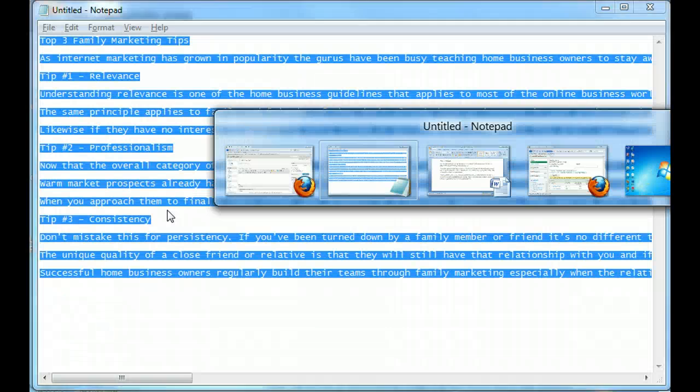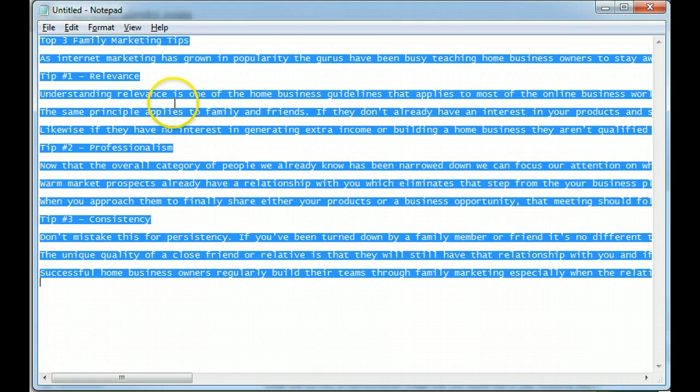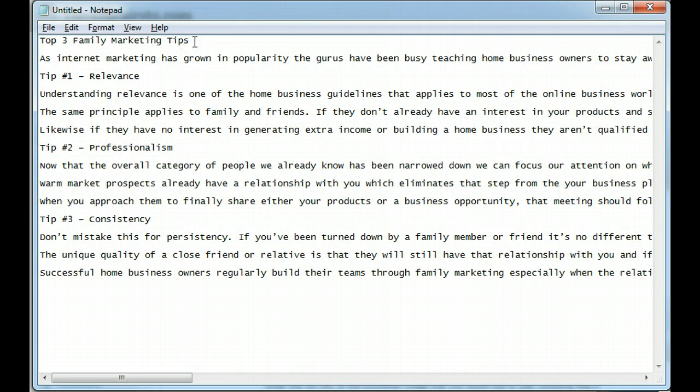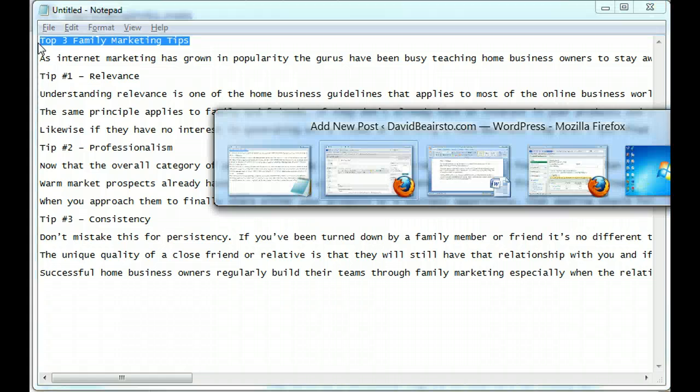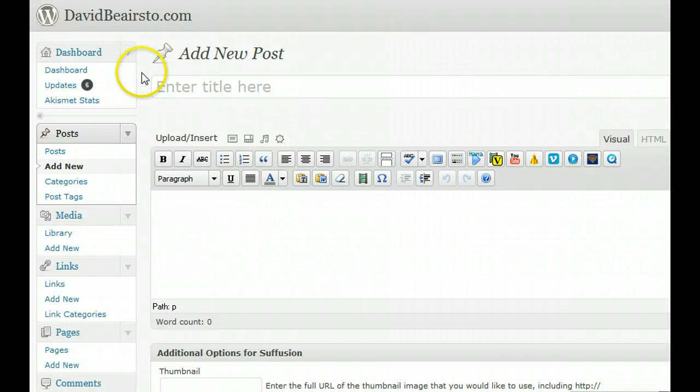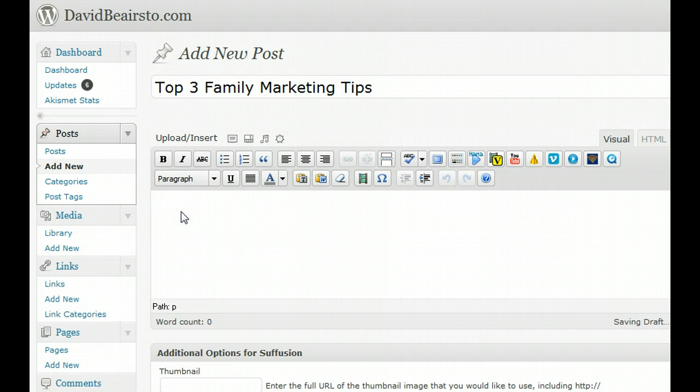I can also go back to Notepad, and if I wanted to, I could just cut and paste my title. So I hit Control C, and I'm using Alt Tab, and I can bounce back and forth. And I go into the title and I hit Control V, and I have my title. And it's going to show you as soon as I move down, it should bring up